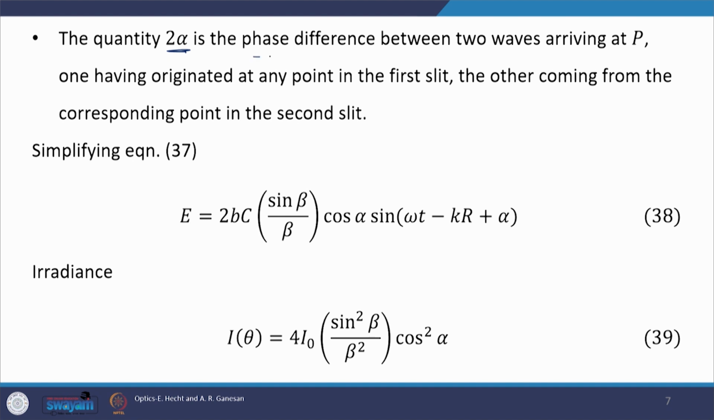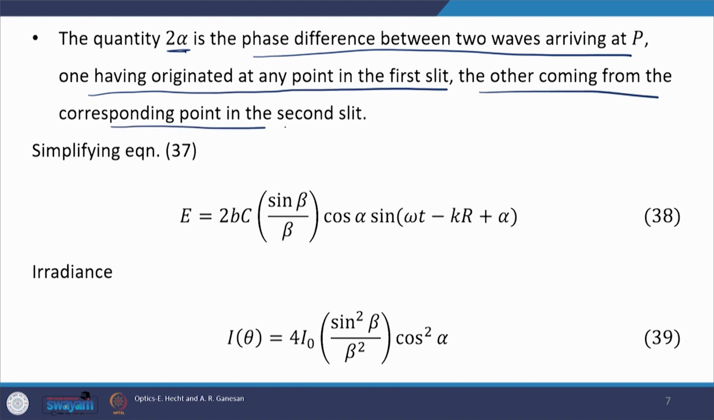Now, 2 alpha is the phase difference between two waves arriving at point P, one having originated at any point in the first slit, the other coming from the corresponding point in the second slit. Suppose the line sources which we generated from the two slits are represented by these two horizontal lines. Then suppose the point of observation P is here, and this is the ray which is coming from one of the slits, then the corresponding ray will also start from the left edge of the second